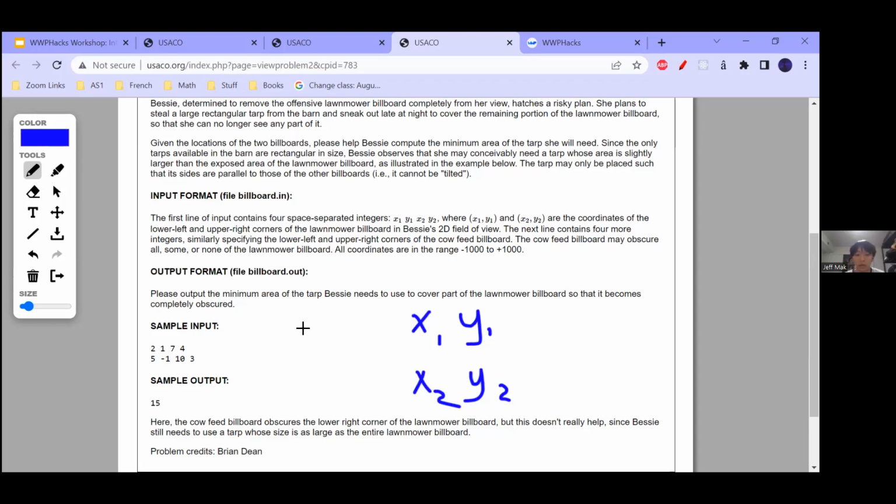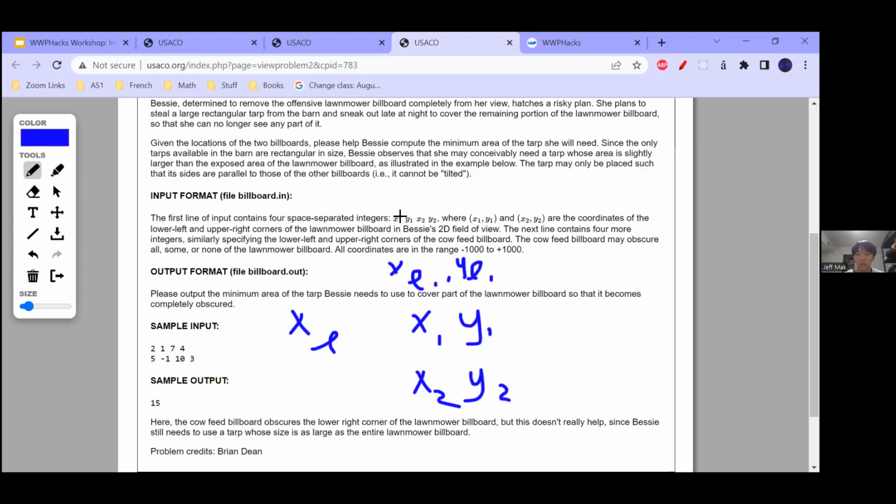The other one, the lawnmower billboard, is xl, yl, and for each corner it's xl1 and yl1, and the 1 can be replaced with 2 for each corner.